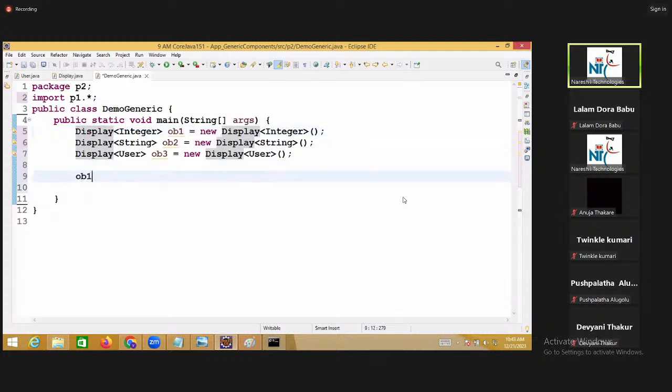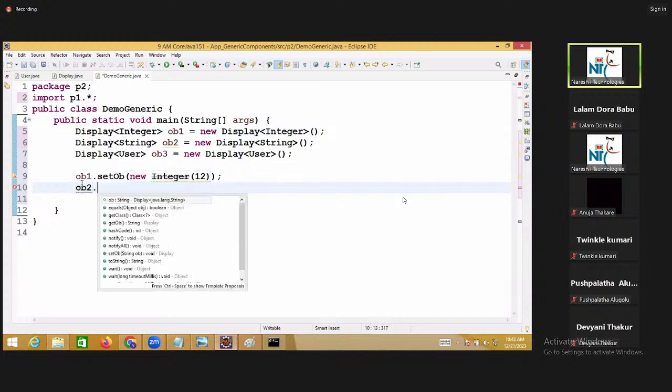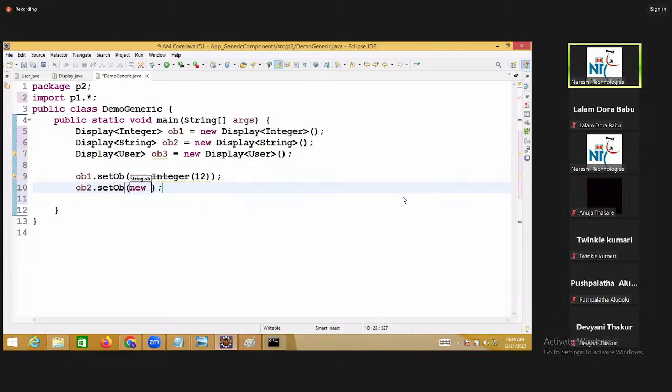This is ob1.setObject, new Integer of 12. I am setting the integer object to ob1. Now ob2.setObject, new String object, some string object.